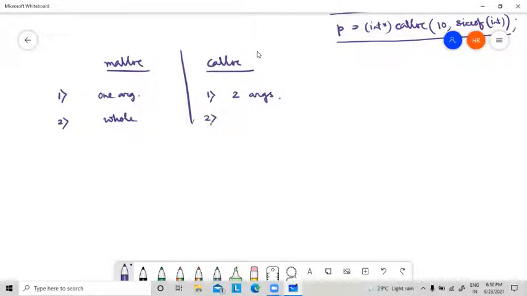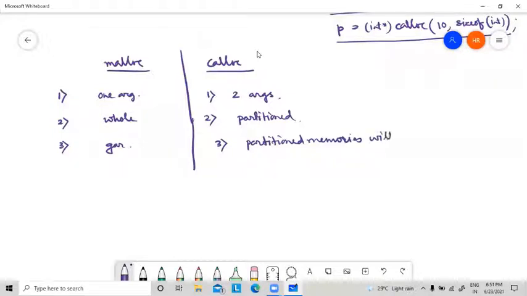Calloc allocates memory as partitioned. In case of malloc, there will be garbage values. In case of calloc, the partitioned memories will be initialized with 0. So these are the basic three differences between malloc and calloc.